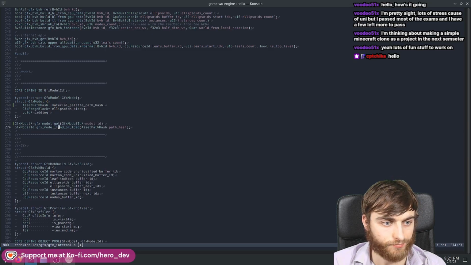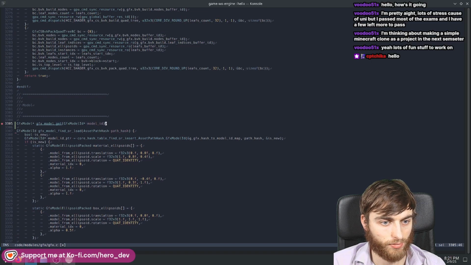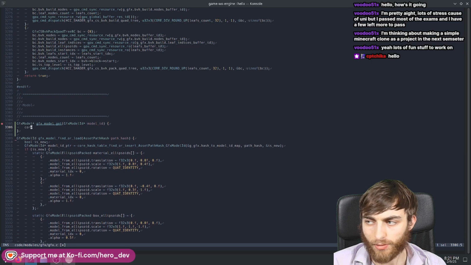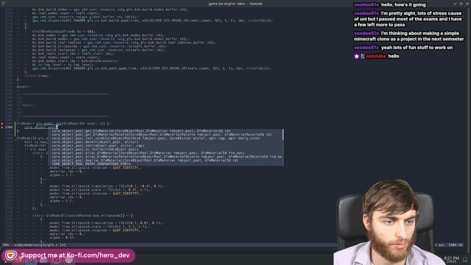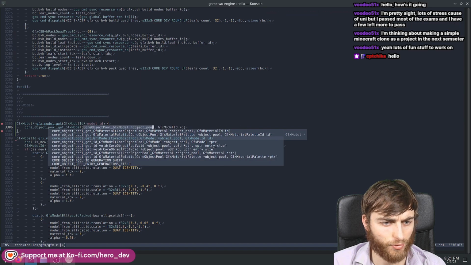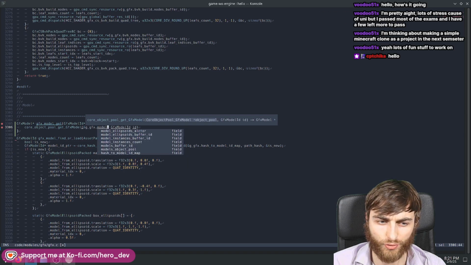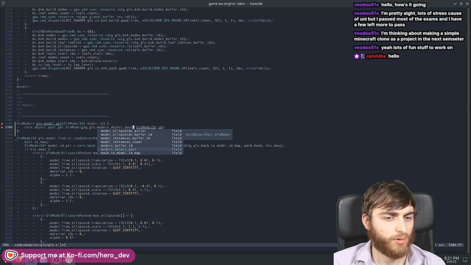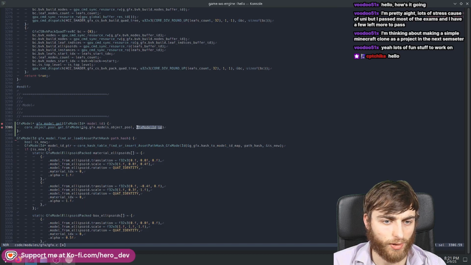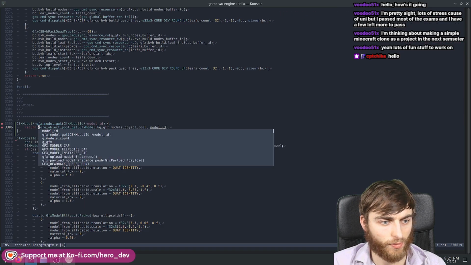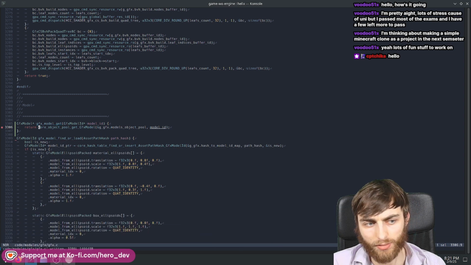Okay. So it's going to make this thing very quick and easy. So we call object pool get model, and that's in ggfx models object pool, and we're throwing in the model ID on that, right? Cool, just return that like so,